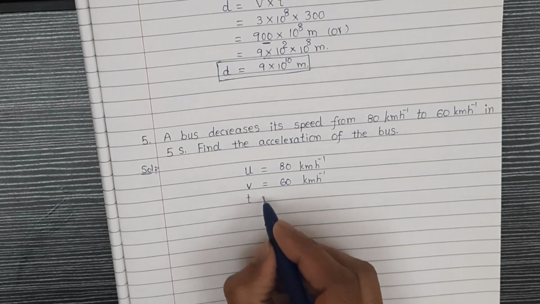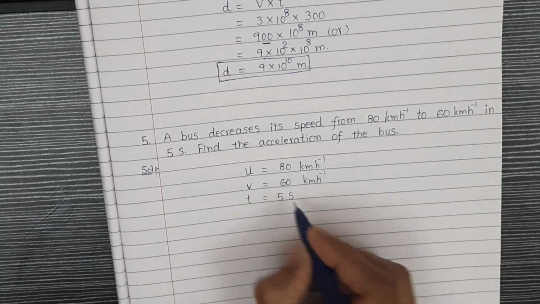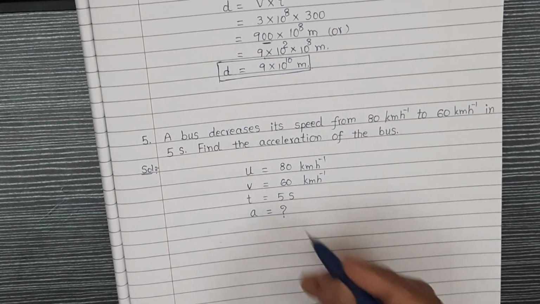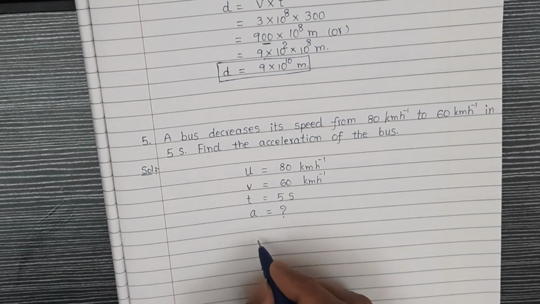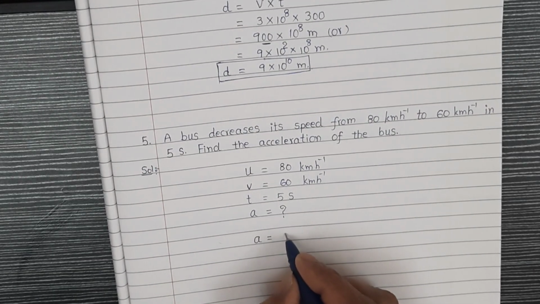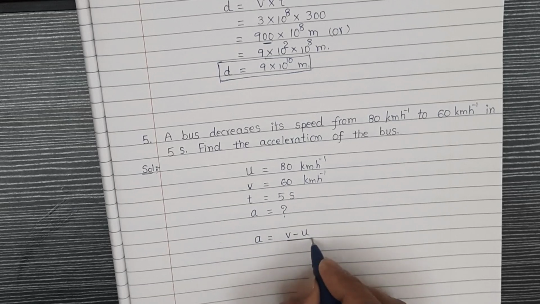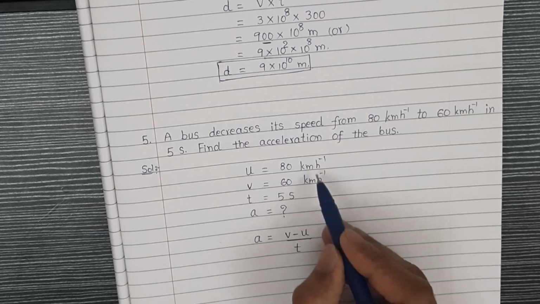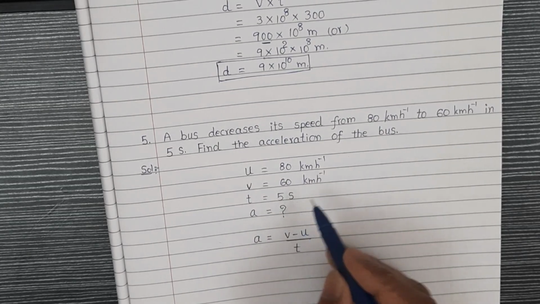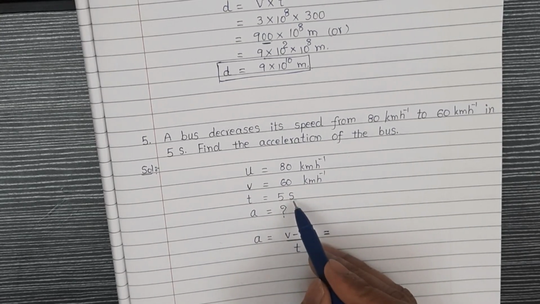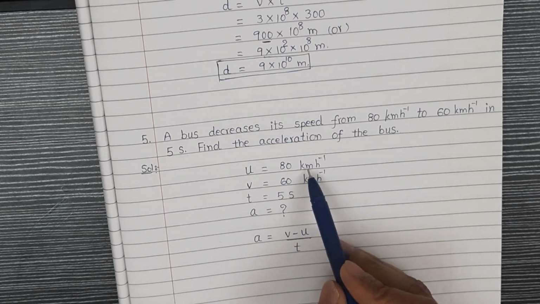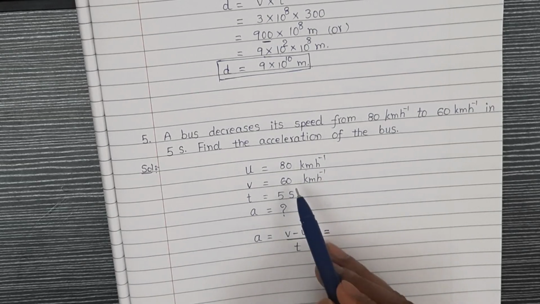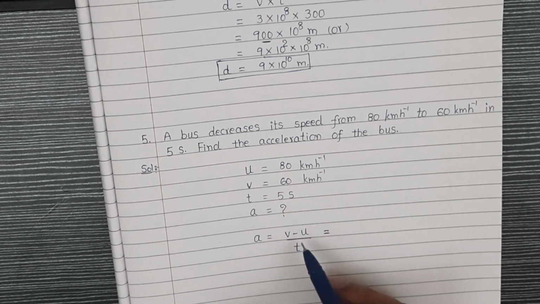The time given is in seconds. The question mark is for acceleration. How to find acceleration? Let us recall the formula for acceleration, which is change in velocity, which is v minus u upon time. So if you look at the data here, speed is in kilometer per hour, time is in second. So we are supposed to convert the time into hour. So it is easy for us to convert kilometer per hour into meter per second. But the thing is, instead of converting u and v 2 times, what I am going to do here in